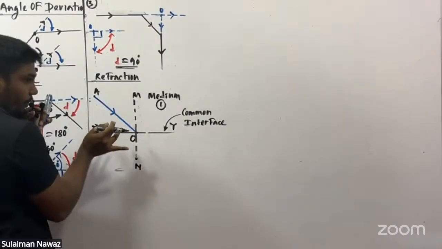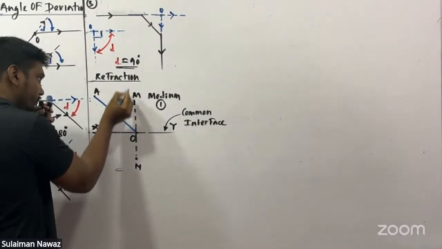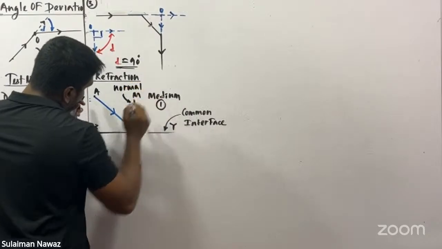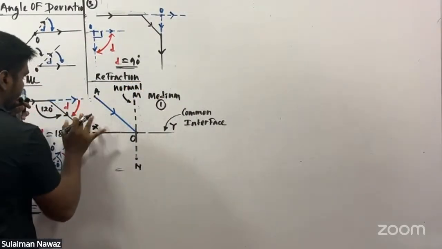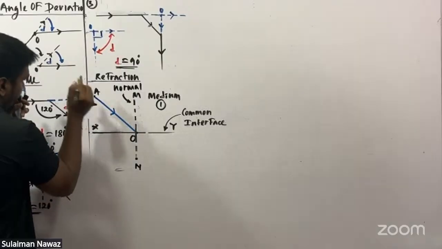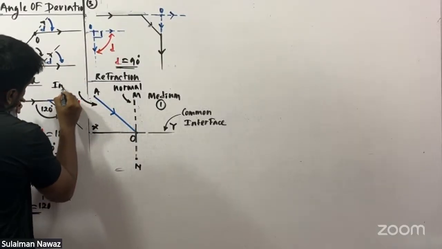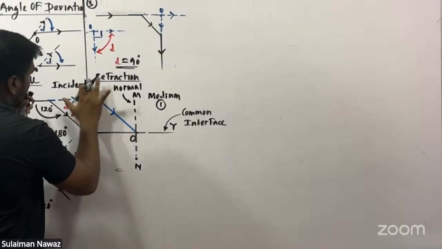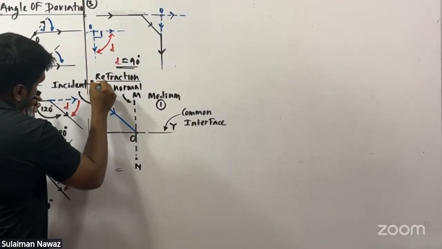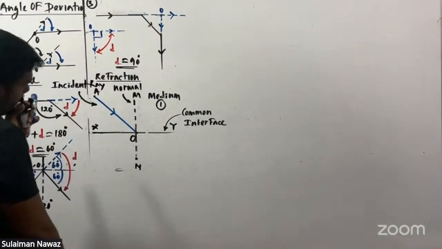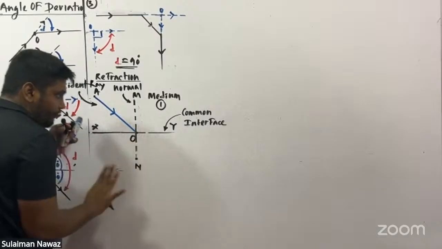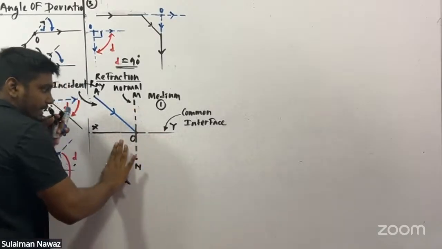And this is the normal. Incident ray. Okay, so then just think that if there isn't any medium 2, just think this entire region is medium